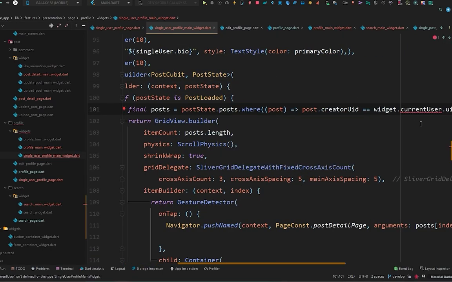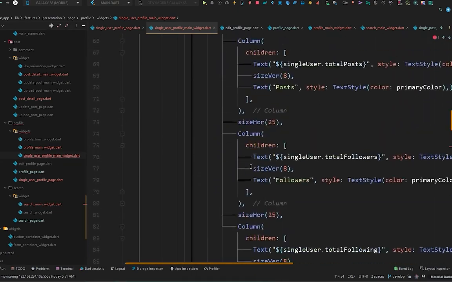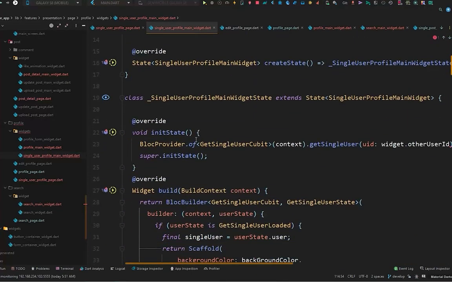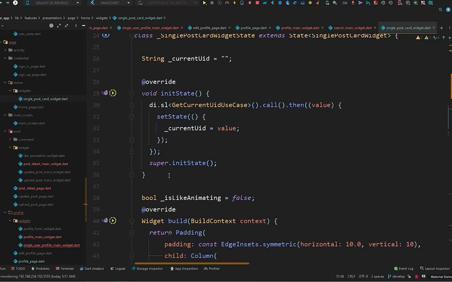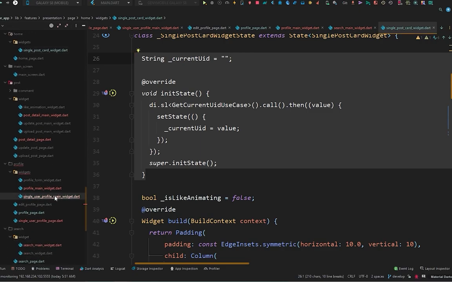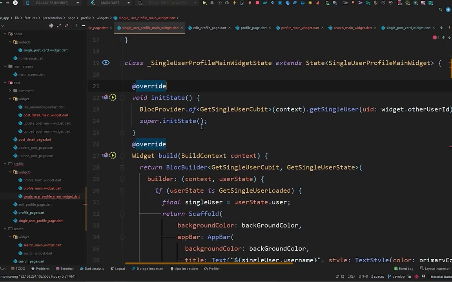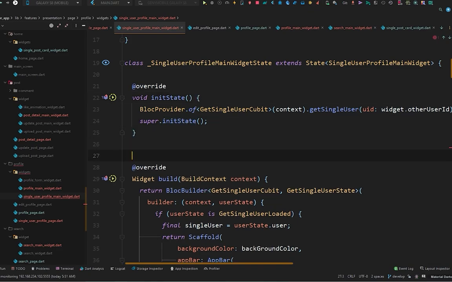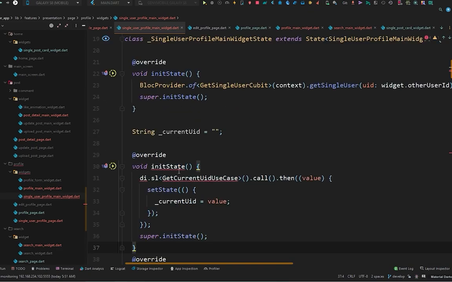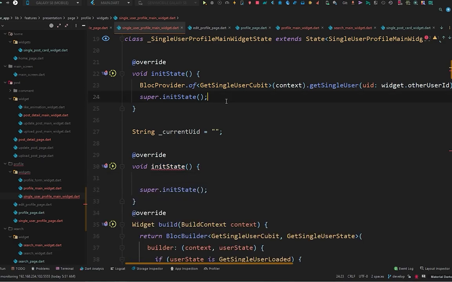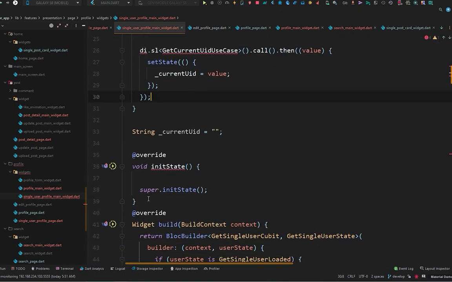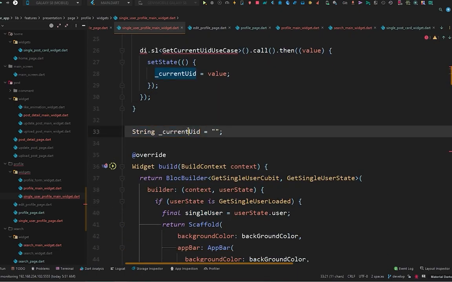And there is one more error, that is the current user ID. So we have the current user ID in here? No. So what we have to do, in the single postcard widget, we will copy this from here in the single user profile page and paste it right after this. So we got two init states, so that's not good. So let's cut this from here and paste it in this init state, and remove this init state from here,